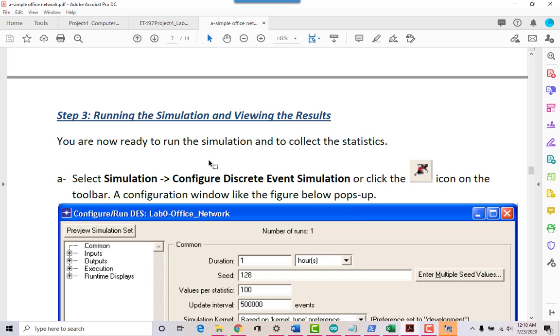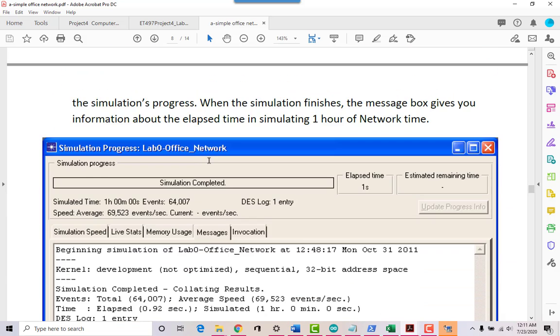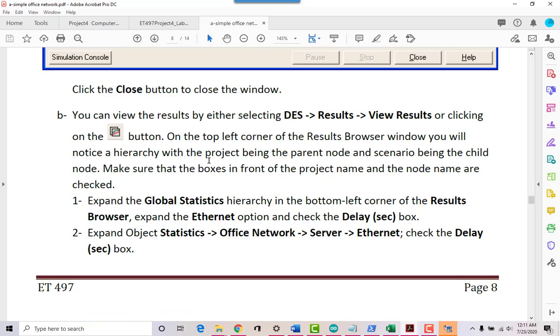So if a company says, hey, we're going to have a brand new building with 300 workstations and 20 servers, can you design a network and simulate the throughput, all the output, the packets before we actually roll it out? This is the kind of software that can do those kinds of things. It can allow you to simulate all kinds of things in such detail.